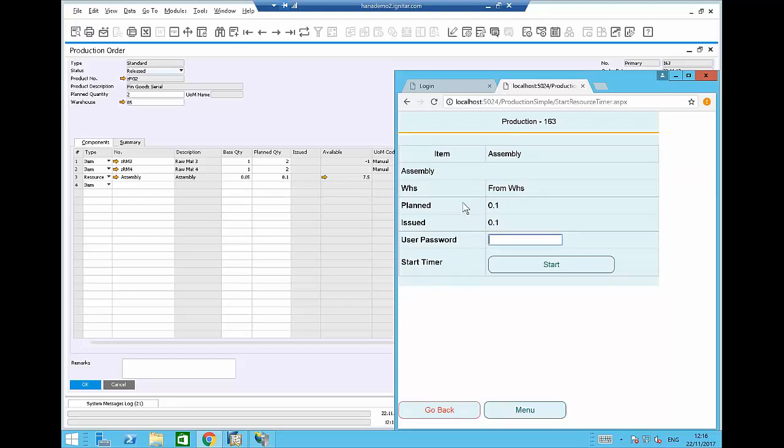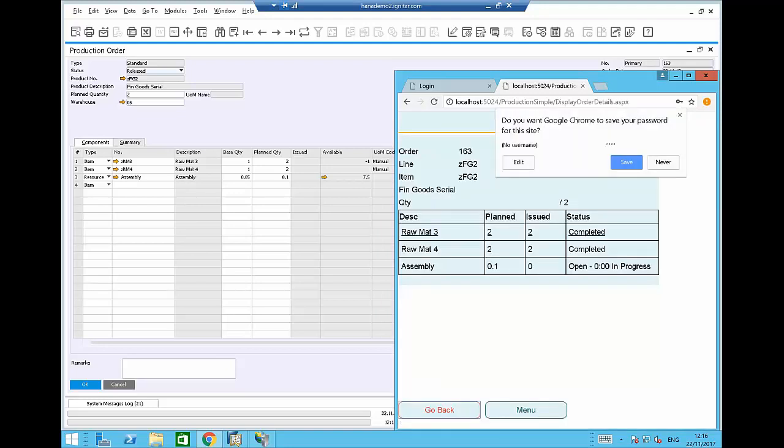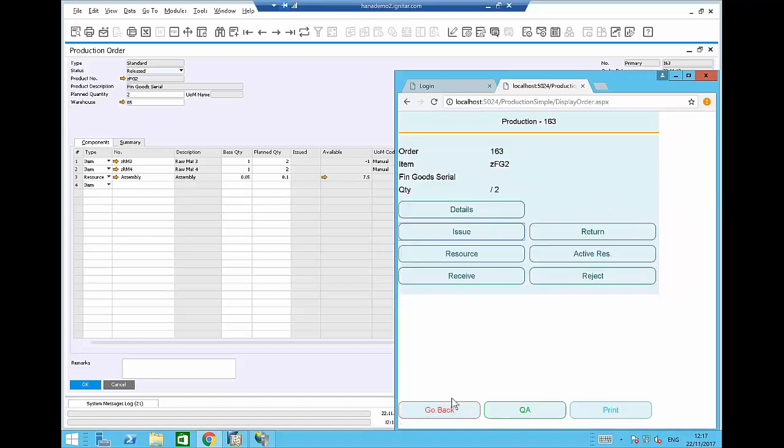how much time it expects as per the bill of materials that I would need to spend on this particular job. And it now asks me to specify my user password, which is a method of tracking which user is performing the transaction here. So I will enter my password and click on Start. Okay, so we can now see that the status here has now changed to in progress. So I would go and work away on this, and we can see that a new button here, which is